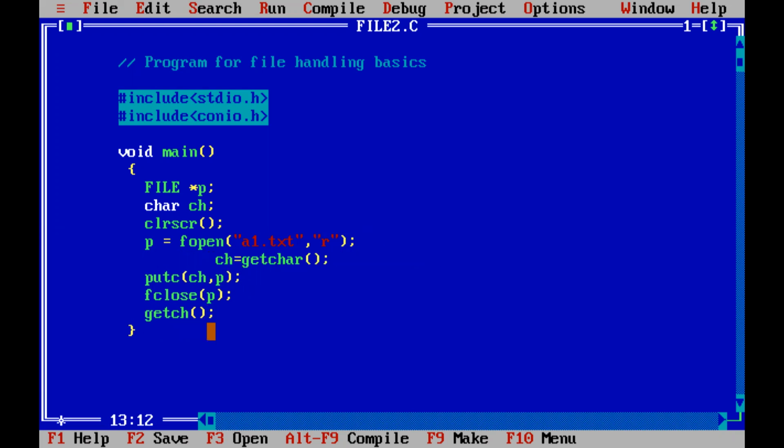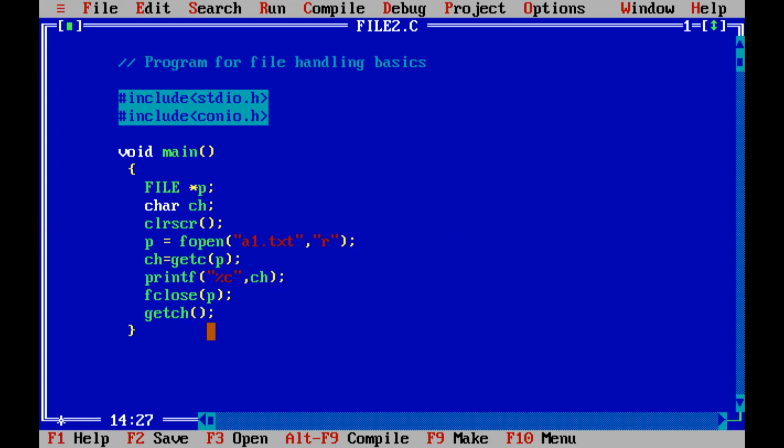In the last video, we discussed the function putc, and today we'll discuss its alternative, getc, right? So this function getc would help you to read a single character from the file. So remember the contents of the file: Hello, how are you? I hope all of you are fine. So this would read the first character from the file, that is a capital H. Okay. So if I just print it here, I can print it using the printf command, or I can also use the putchar command.